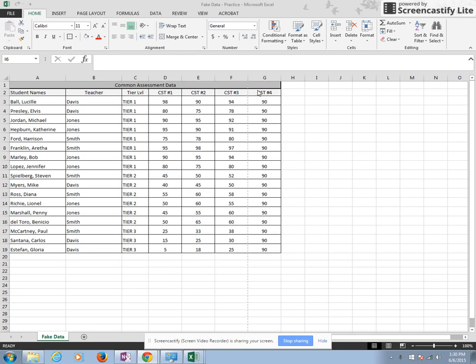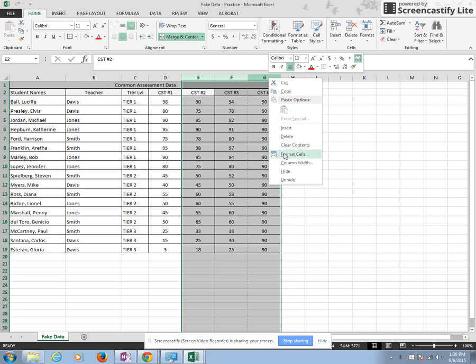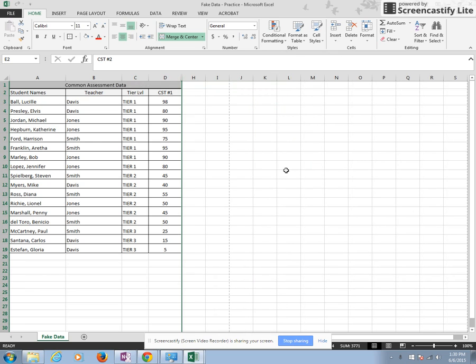To hide information that you do not want to see, for example, if you only want to see Common Skills Test number 1, you can select the columns in which you want to hide, right-click with your mouse, and choose Hide. To unhide the columns, select columns